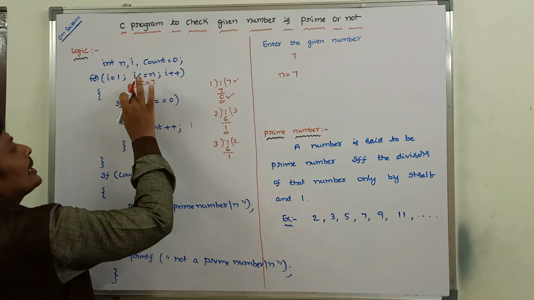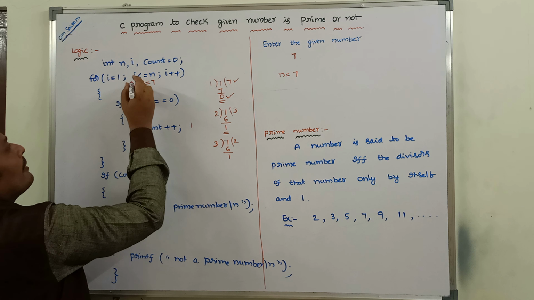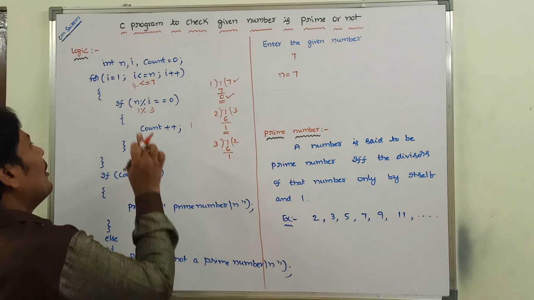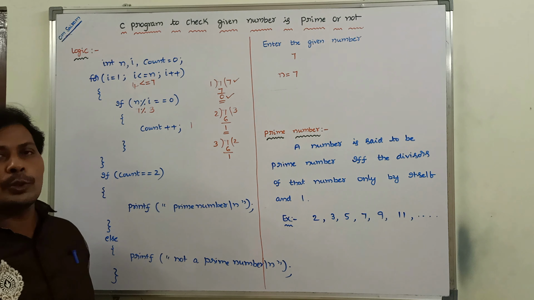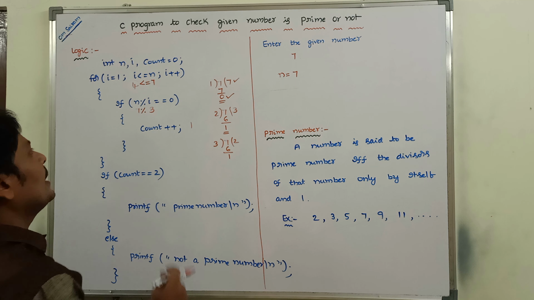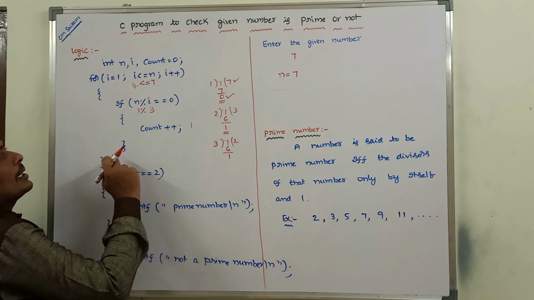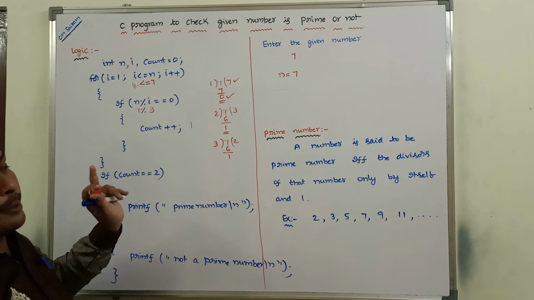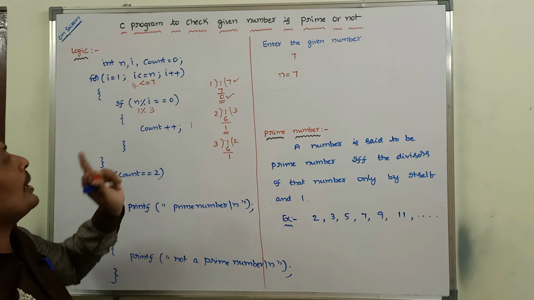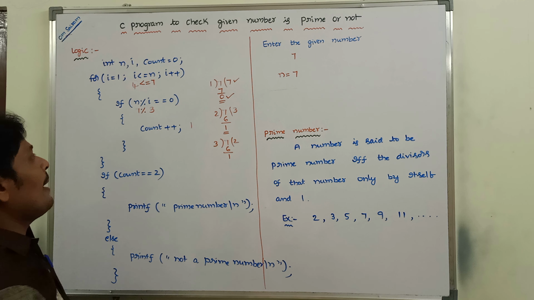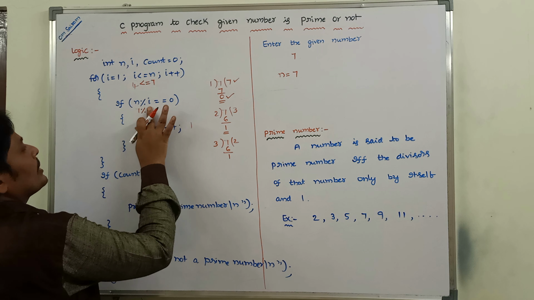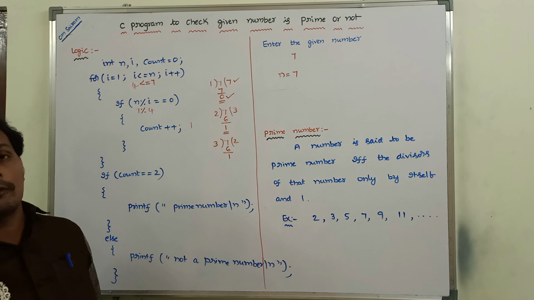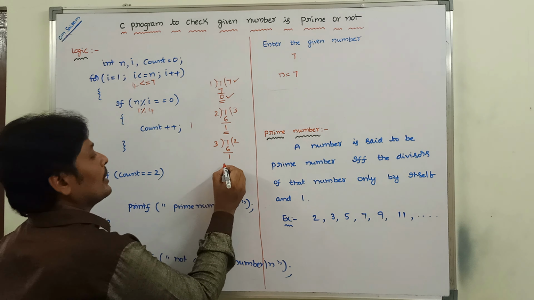Then I value is incremented. Now I value is 4. Previously it was 3, now it is 4. 4 is less than or equal to 7. Condition true. If the condition is true, then the control goes to the body of the for loop. In that body of the for loop, the if statement is there: if n modulus operator I, n value is 7, I value is 4, 7 modulus operator 4 equal to 0. We have to check that one.